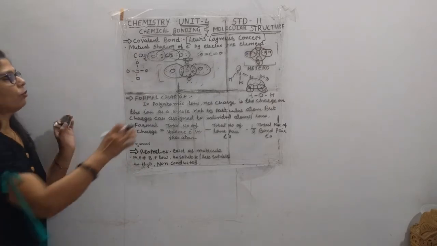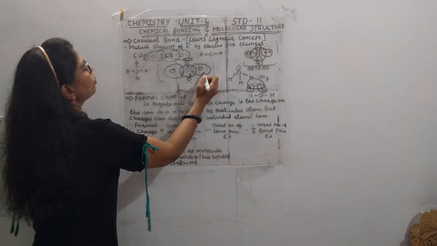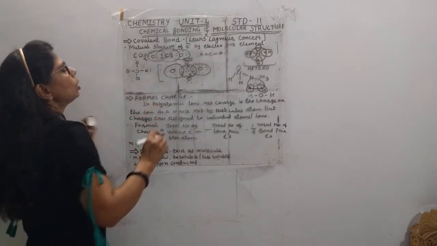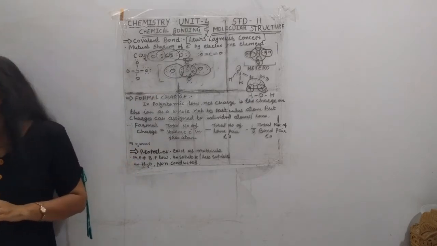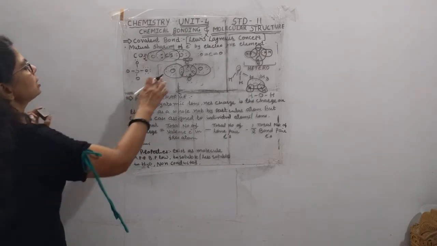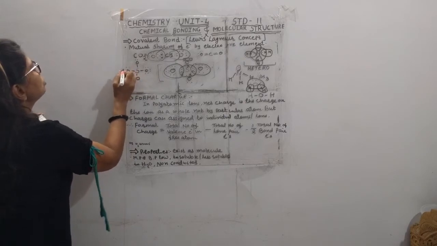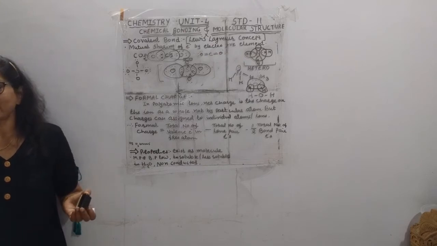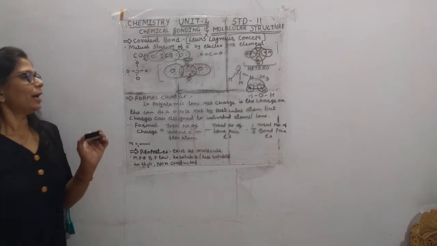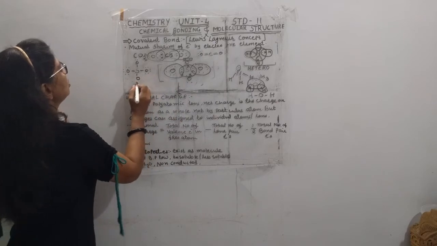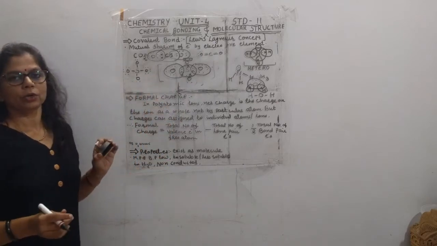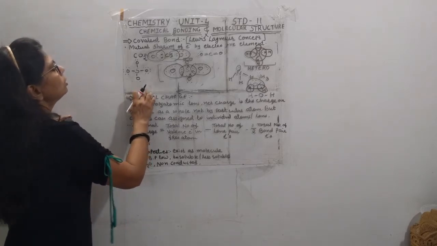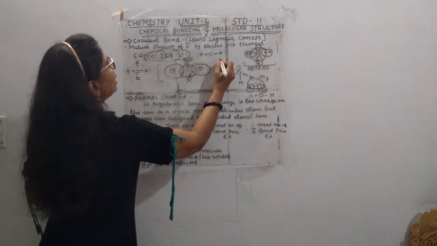In the same way, for this oxygen, 1, 2, 3, 4, 5 and 6, 3 lone pairs of electrons have not taken part in the bond formation. Same way for this oxygen also you can see 1, 2, 3, 4, 5 and 6 electrons do not take part in the formation of a bond, and for this oxygen you can see 1 lone pair of electrons not taking part. So that's why this can now be written as minus 2.